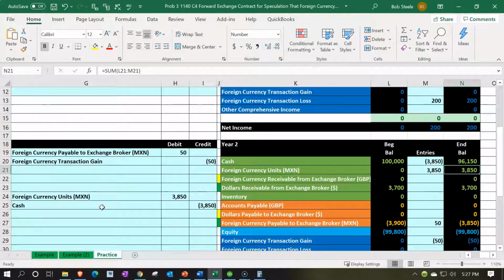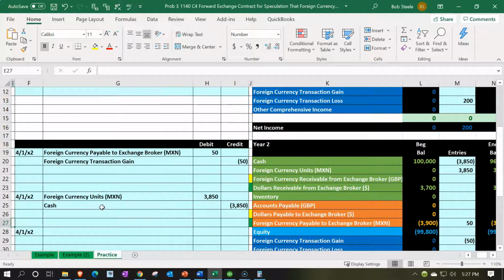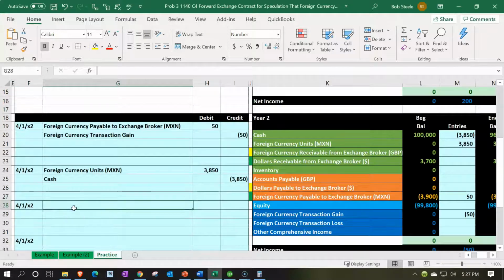So now we've got our currency in foreign currency units, 3,850, representing 5,000 actual units in the bank that we can use to pay off the payable, which also is valued at 3,850, but which we promised to pay not in dollars but in pesos, and they're both valued using the same exchange rate, which is today's exchange rate at this point in time. So then, of course, we can simply pay off the payable now that we have the